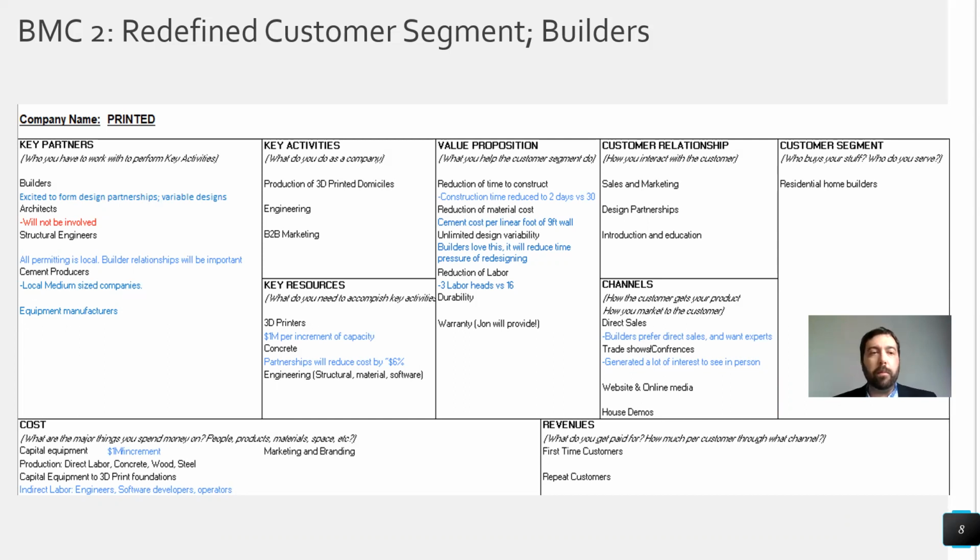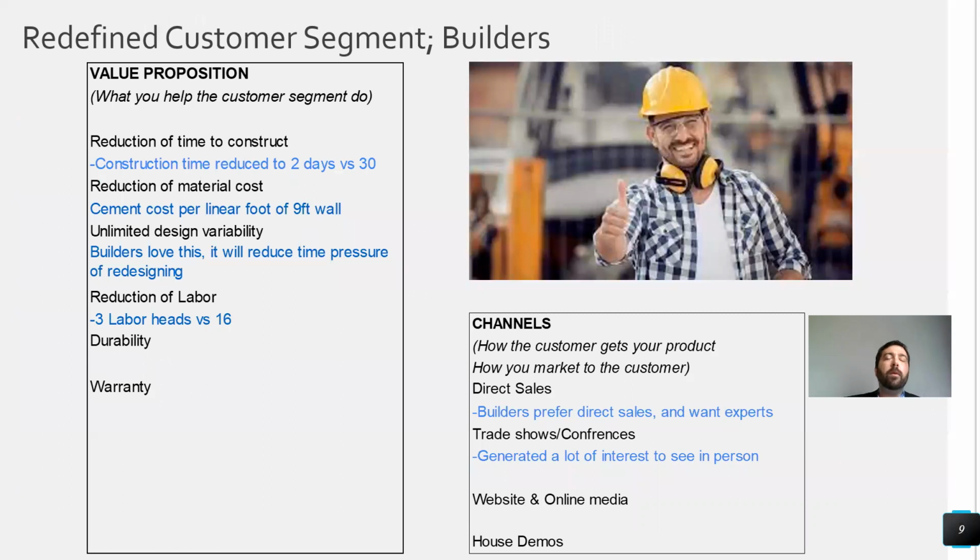So the plan was using the value propositions with builders. We thought that this was a new, good, solid plan to move forward with. So we began speaking with and interviewing builders, and what we found out is they were kind of on the spectrum of they had no idea that this existed, or they kind of knew about it. And once we went through the process of educating them on the value propositions in particular, they really gained a lot of interest in the idea.